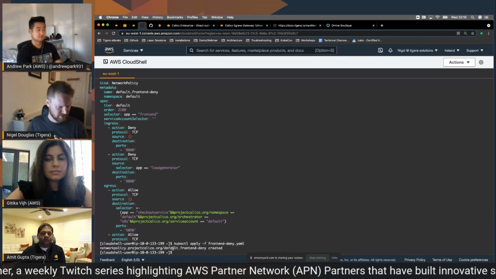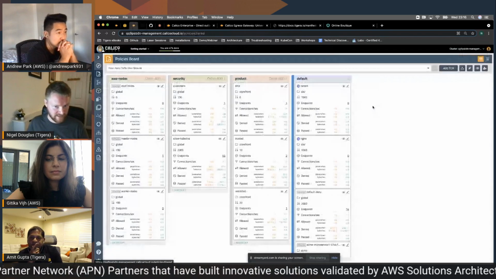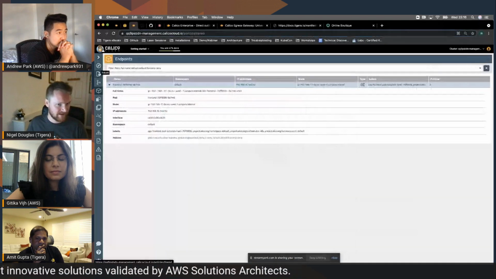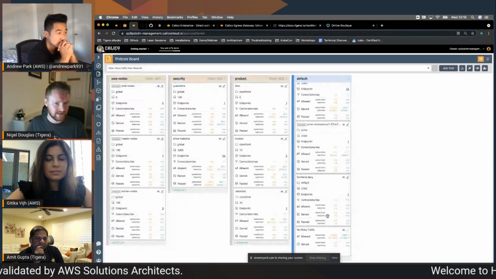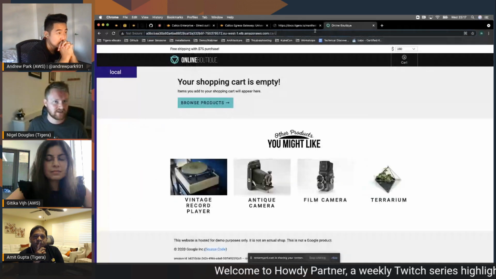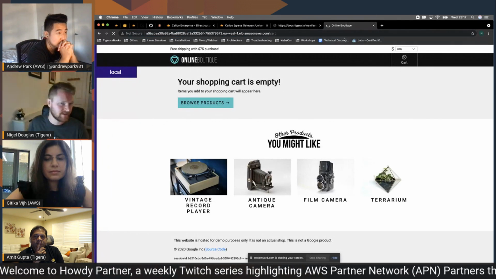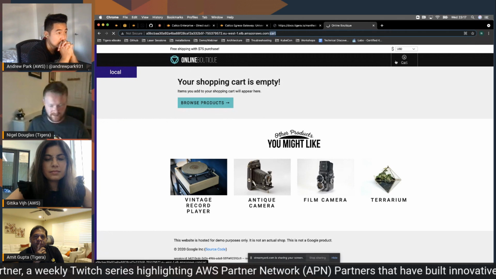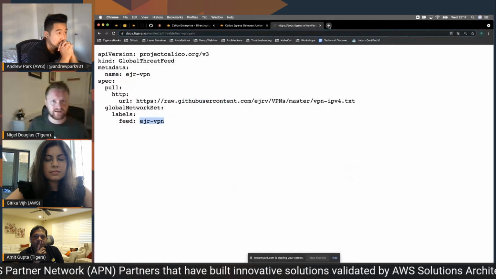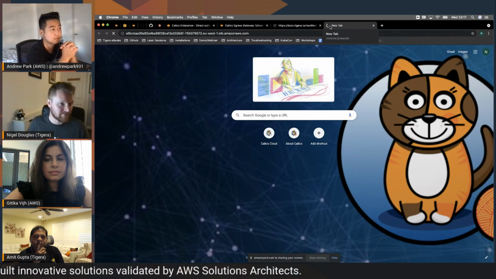It should be in my default namespace. When we go back here, you would quickly see front end. It applies to that front-end pod that we expected in the default namespace. And obviously for troubleshooting, you quickly see the traffic will be denied. One way of testing that is if I go to my test application, I can not access the front end. I think it's broken here. If I try to go to the landing page, it won't load. And I can prove that if I try and open it on another page, it's down. So I've denied the traffic. That's how people are going to troubleshoot the problem.